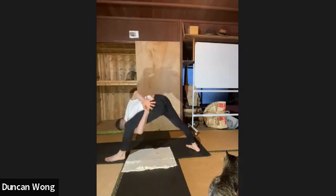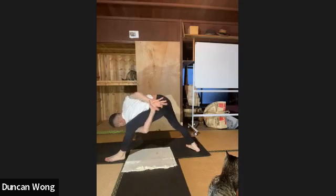2, 1. Clasp option, pull and extend on the line for 5, 4, 3, 2,